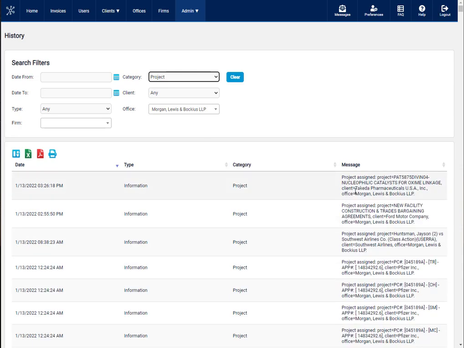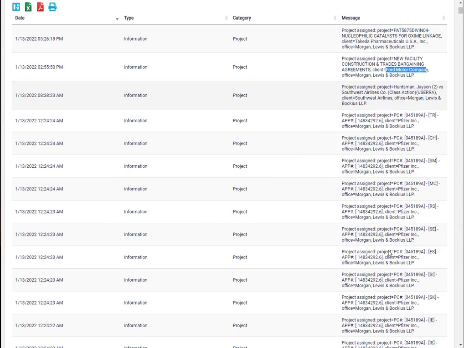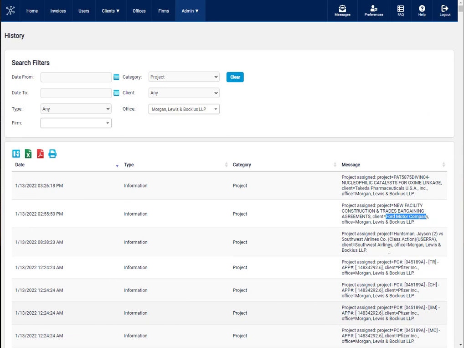You can see in the events history, the results here, that there was a project assigned by Takeda Pharmaceuticals, and here there is one assigned by Ford Motor Company. The events page will also show if a project was unassigned or a matter was unassigned, and it will have